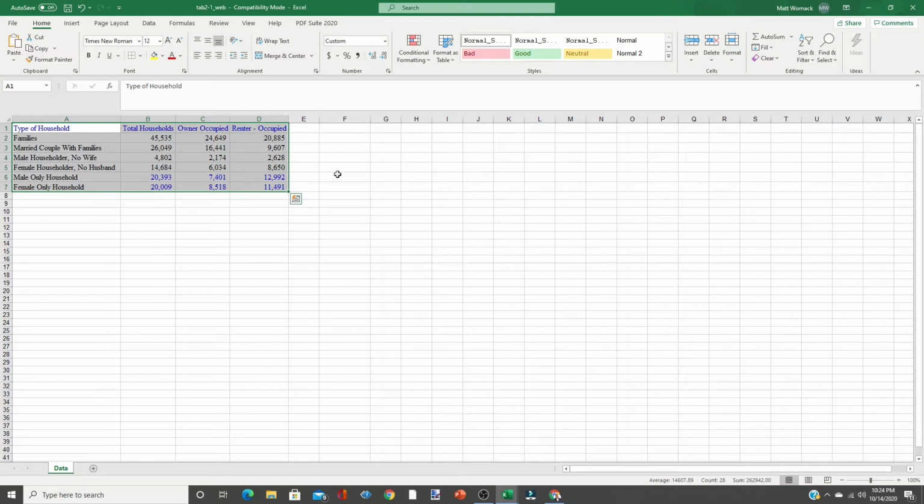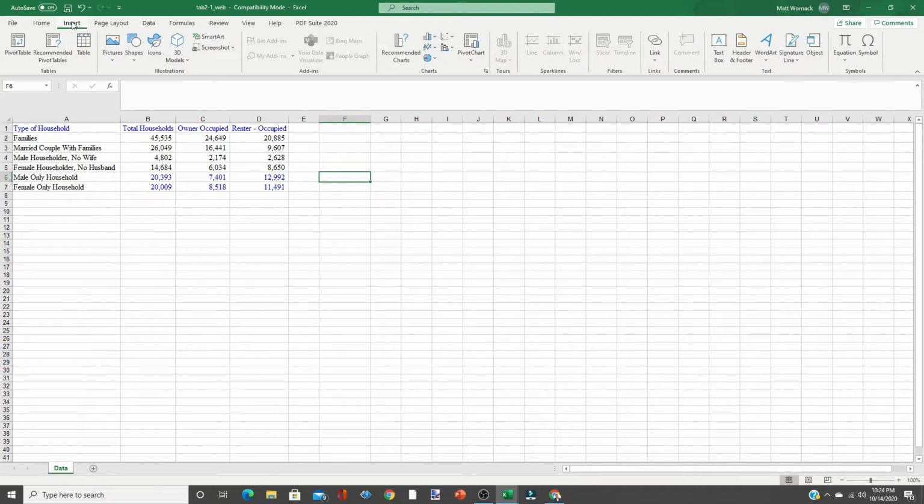So step one to creating a pivot table. Step one is to go up here to your tabs at the very top. Pivot tables are located under the Insert tab, and on the Insert ribbon over in the left-hand corner is Pivot Tables. So step two is to click on this pivot table thumbnail,